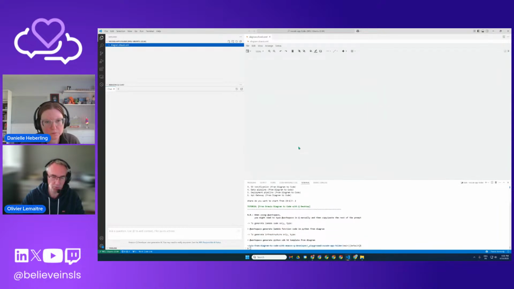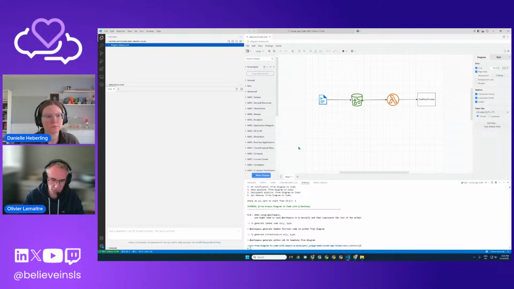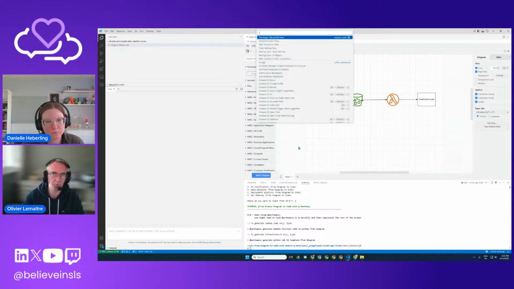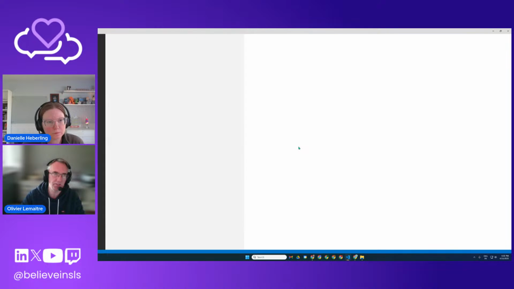And what I do, I will reload the window just to make sure the index is refreshed. This is something I think, a tip